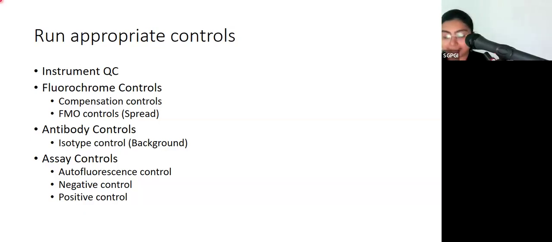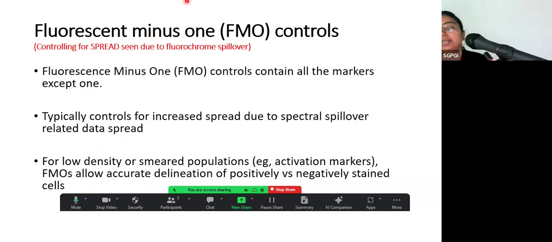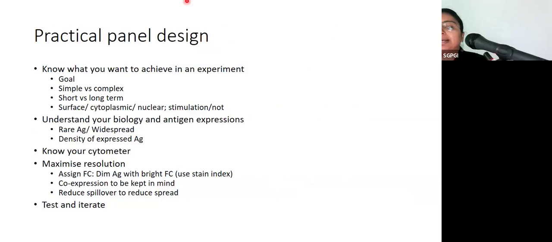And then you have your assay control with autofluorescence, negative and positive controls. And these give you a good guide to assessing it. So fluorescence minus one controls I've referred to. So in a practical panel design,